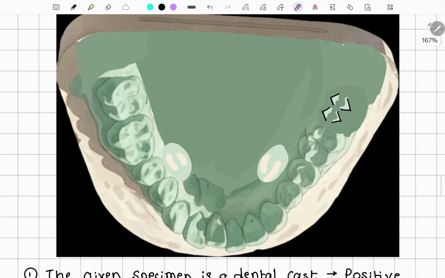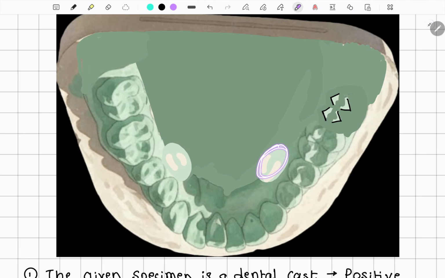As I told you, first you need to count the number of teeth in each quadrant. So this will be the midline, and teeth in each quadrant are 1, 2, 3, 4, 5, 6 and 7. As there are 7 teeth present, it is completely a permanent cast. As you can see over here, I have tried to show that only the cusp tips are present and the tooth is still erupting. So in that case, what you need to write in the teeth identification, I will show you that.